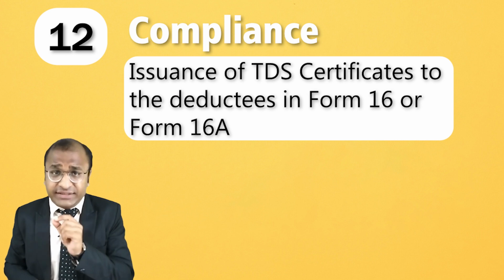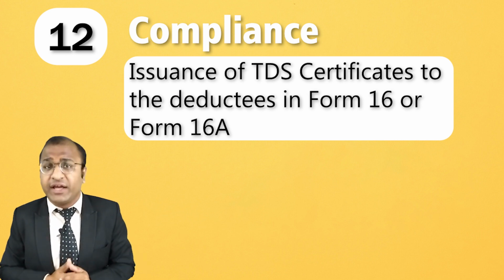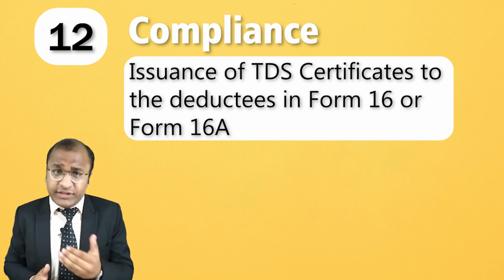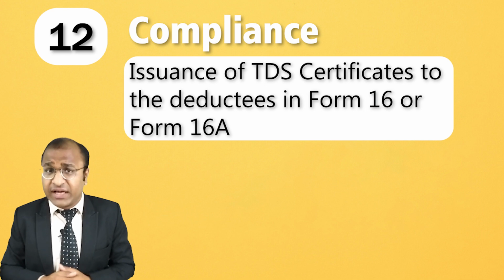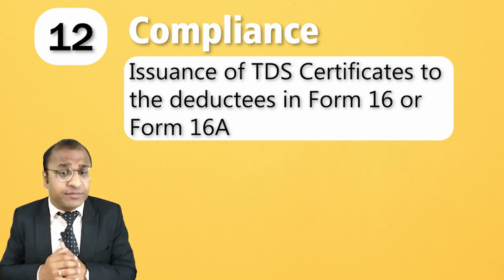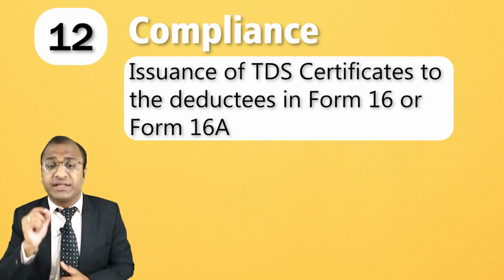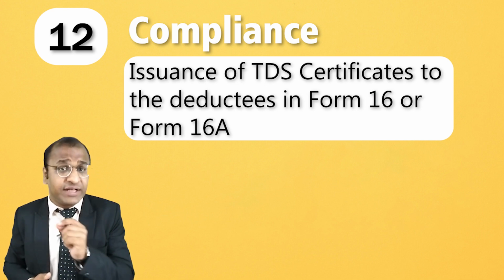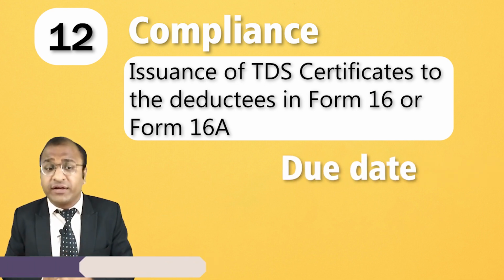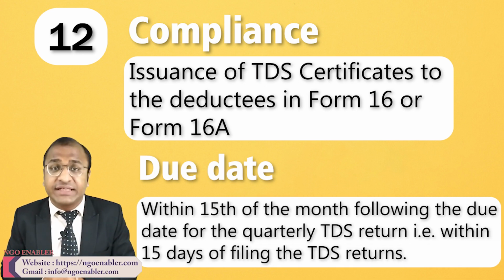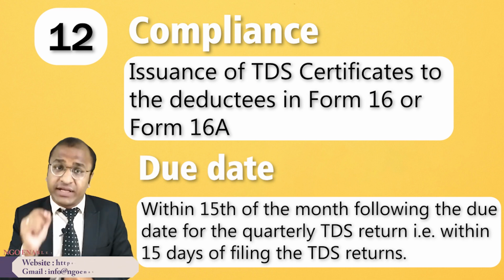Then comes issuance of TDS certificates to the deductees in Form 16 or Form 16A. So once the organizations file TDS returns, the certificate is auto-generated and can be downloaded from the Traces portal separately for each deductee. Now, as per the provisions of the Act, such certificate has to be issued to the deductee by the 15th of the month following the due date for the quarterly TDS return, that is, within 15 days of